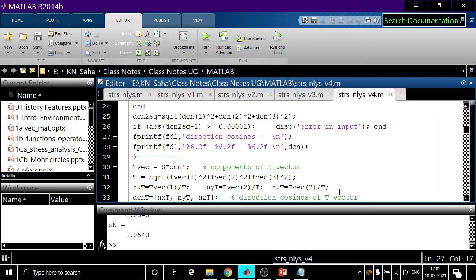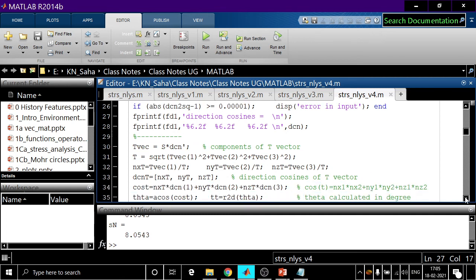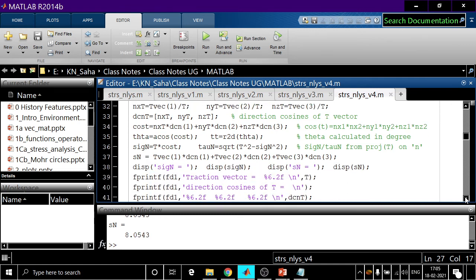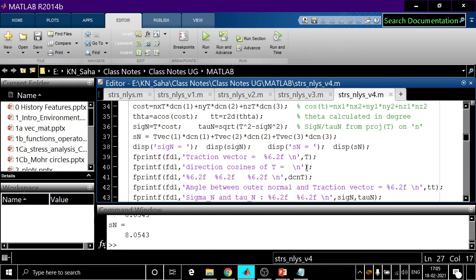This is also we have calculated. We have seen this earlier, and we are writing them in our file. This is the thing. Traction vector, then direction cosine subtraction vector of t. Next line is the values of this dcn t. Previously we put dcn only, and this is dcn t.